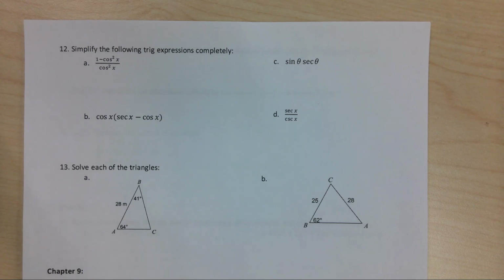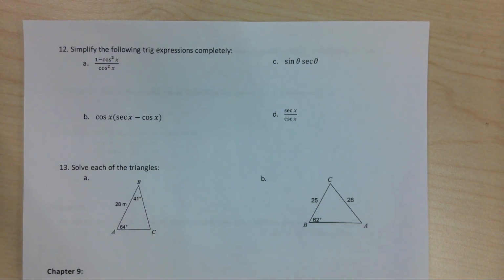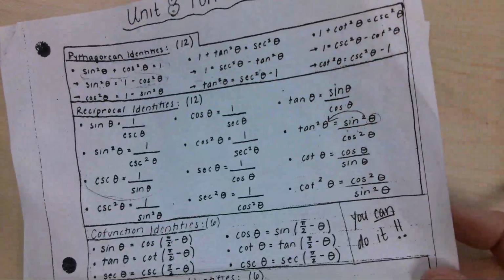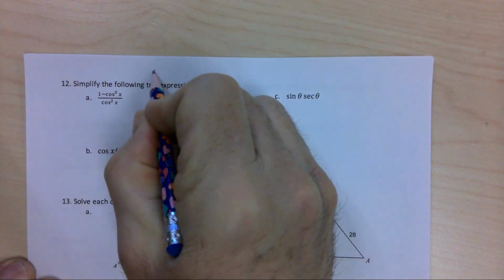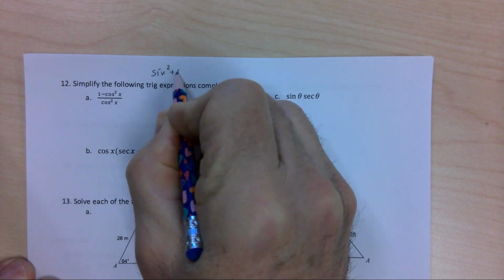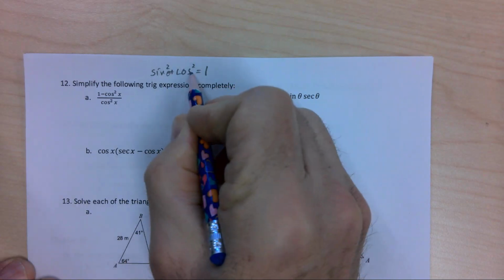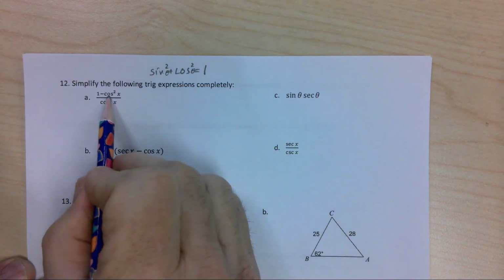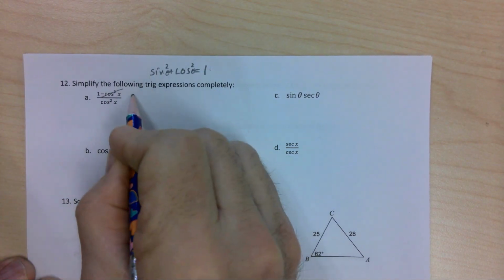All right, these next few problems, kind of interesting. It says simplify. Well, there's a whole bunch of formulas that are just all over the place. Because it's an exam, you can see they're not going to pick the worst of the worst. They're going to pick kind of the simpler ones. So the one that's supposed to be kind of embedded in your mind is sine squared plus cosine squared equals 1. There's a theta or an x in there. But that means 1 minus cosine squared. If I took that over, that would equal sine squared